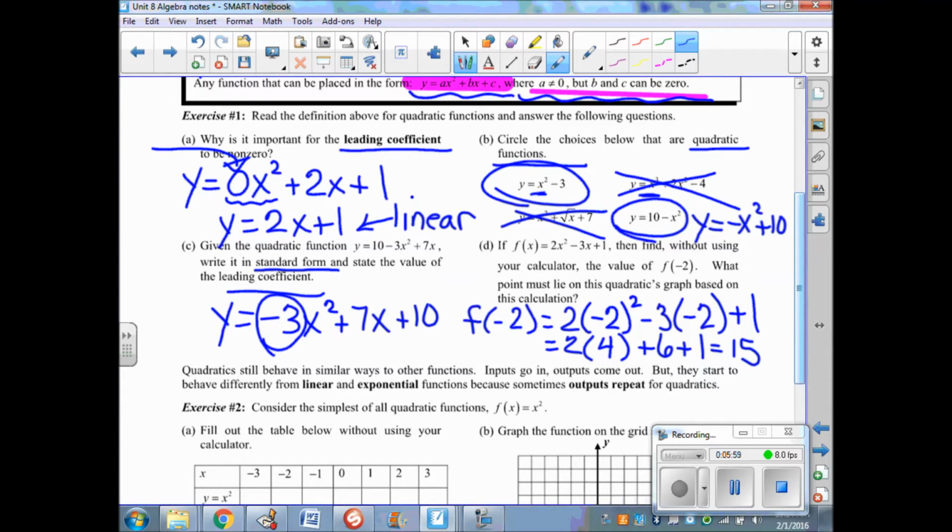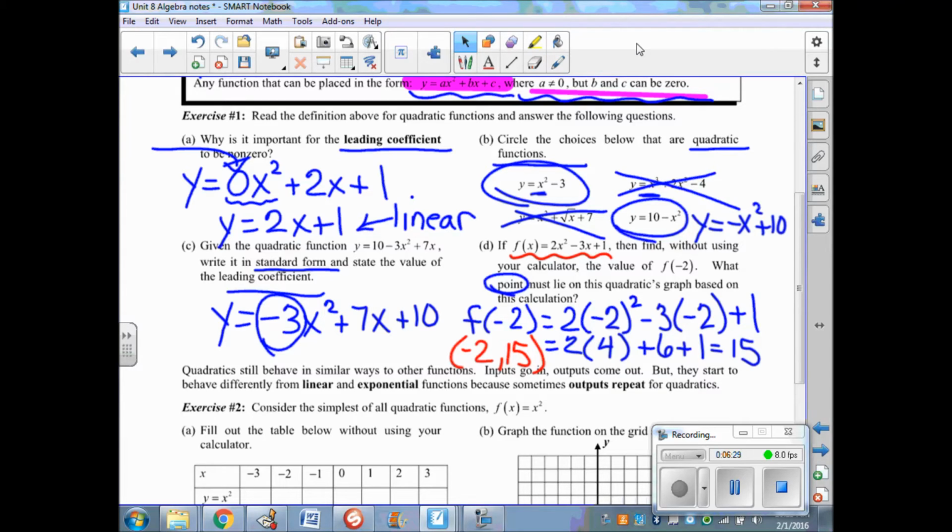So it says what point must lie on this graph. So we end up with, all right, so the point that's associated with that, the x was -2, and then the y was 15. So if I were to take this function, put it into my graphing calculator, I'm going to see that -2, 15 is